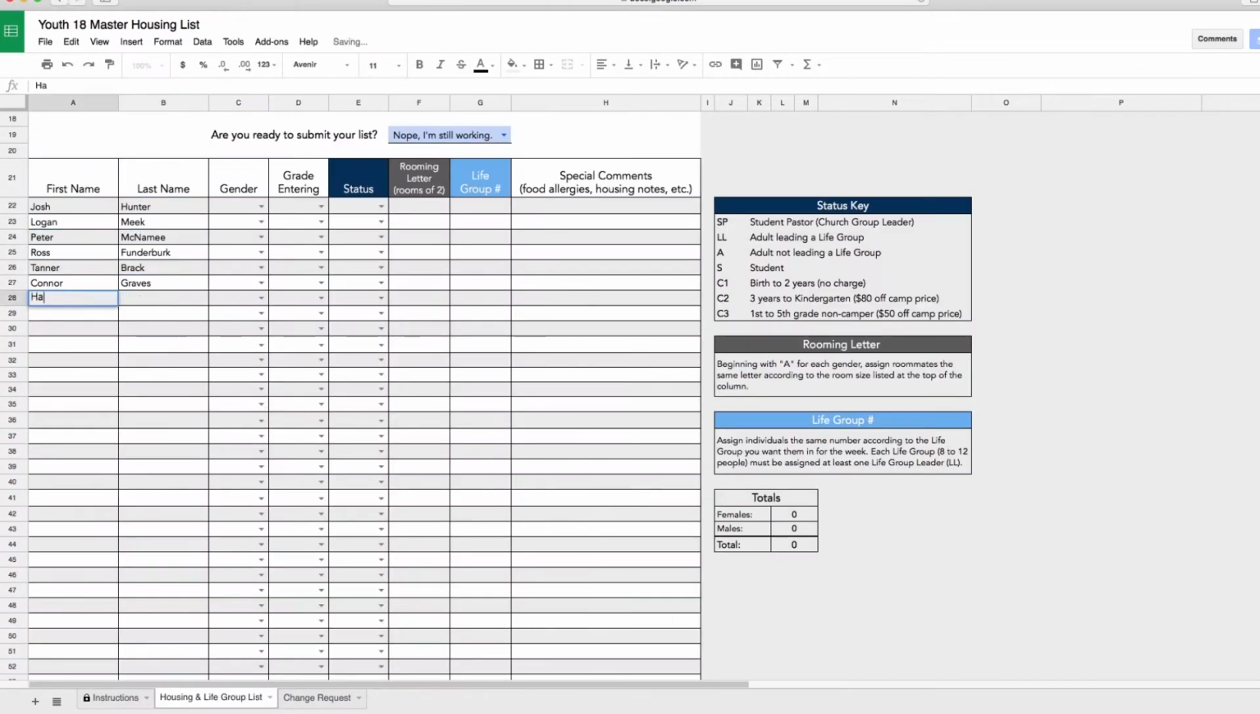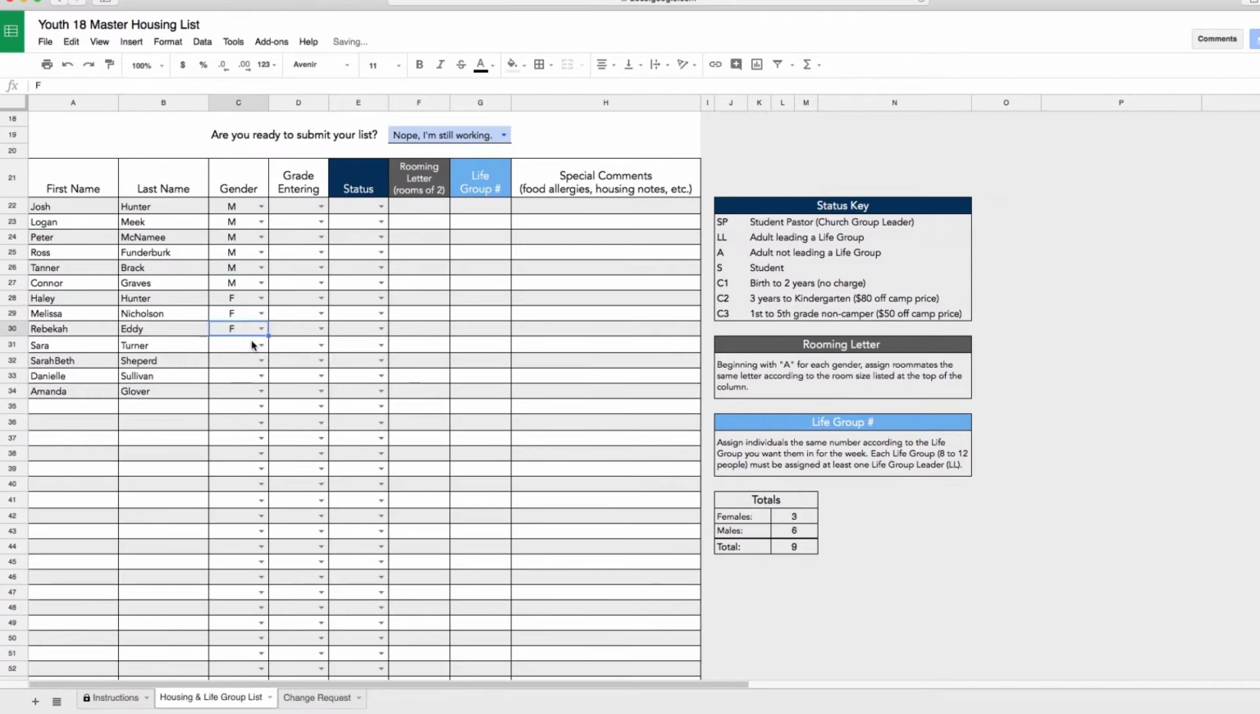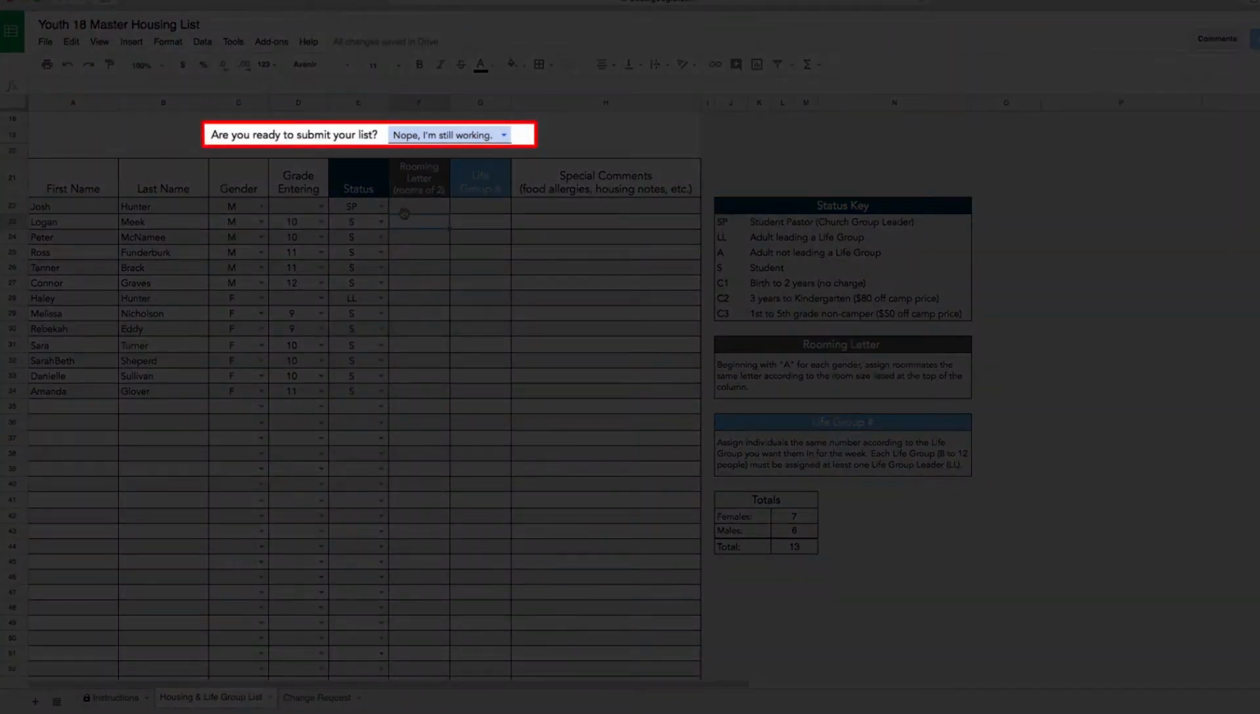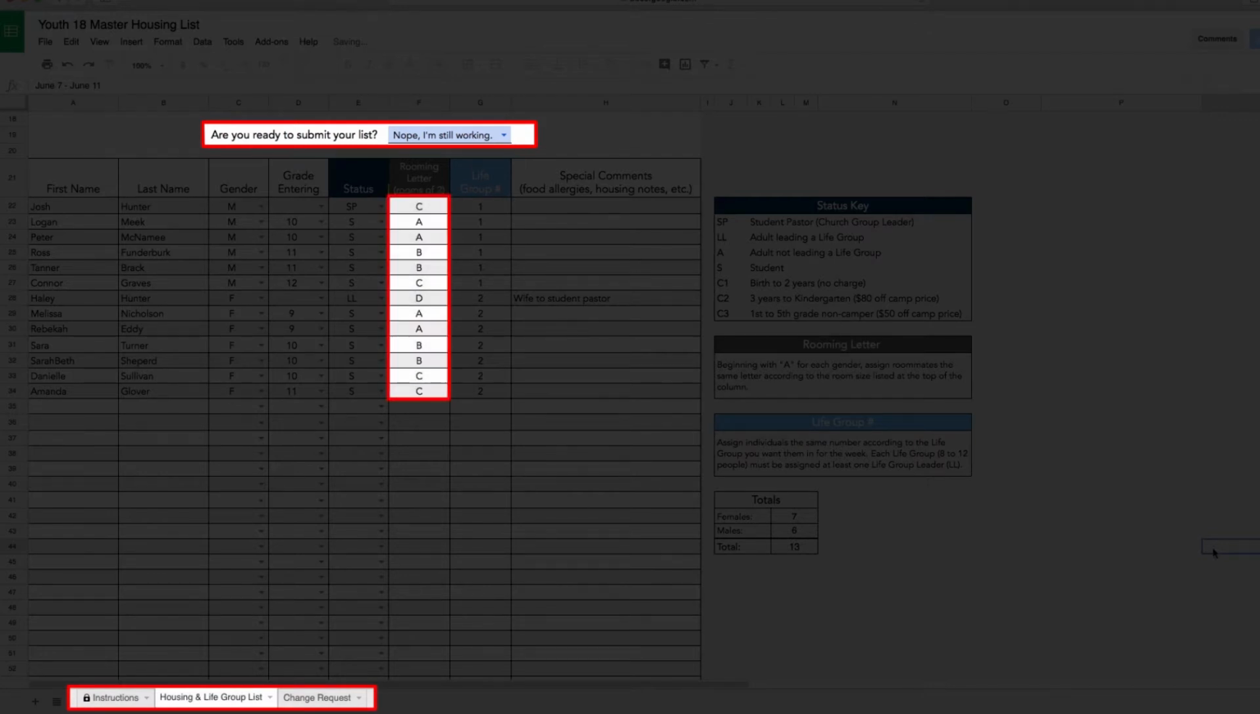Use the housing list to add students as they sign up, make changes, whatever. We won't download it until you are ready to submit. Please keep in mind there are multiple tabs on the bottom of the page. Label the students you want to room together with the same letter. The rooming letter column will tell you how many to put in a room once you select your camp location